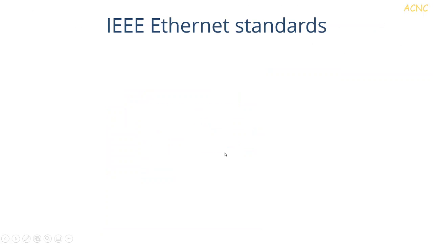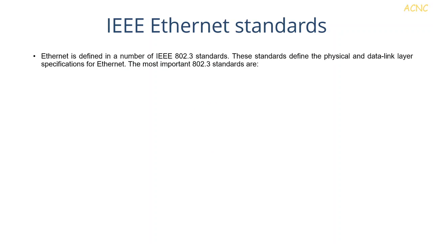So next we have the IEEE Ethernet standards. Ethernet is defined in a number of IEEE 802.3 standards. I have already told you IEEE stands for the Institute of Electrical and Electronics Engineers. These standards define the physical and data link layer specification of Ethernet. The most important